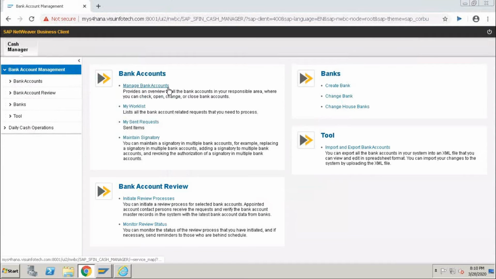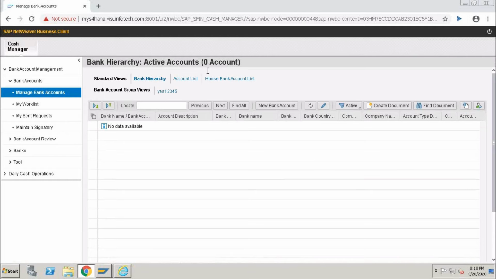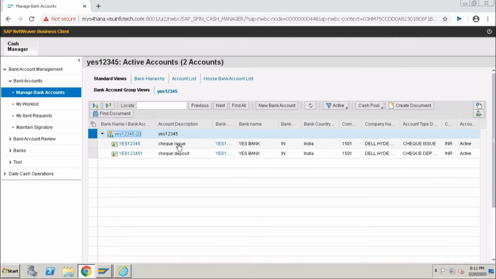Okay. And here, bank accounts, manage bank accounts. So I already created S bank. My bank is S bank. See here, under S bank, we activate check issue and check deposit. In ECC, in FI12 house bank only, we click on the accounts tab, click on view entries. There we create check issue and check deposit. So this is so user friendly.